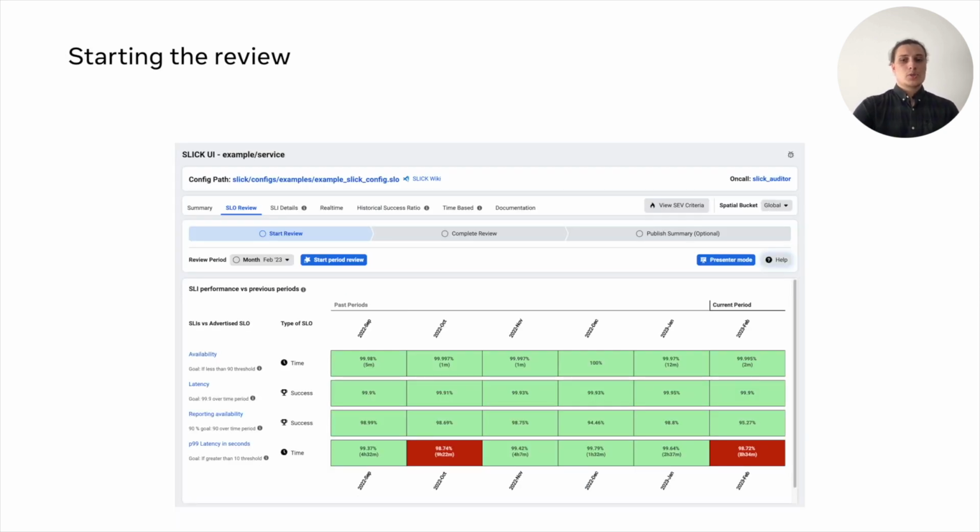On the SLO review page, we try to consolidate all of the information users need in order to do SLO review. For example, on this slide, you can see the comparison of SLO scores for an active period with historical ones. This could be useful to identify trends and, for example, focus on SLIs with violations first.